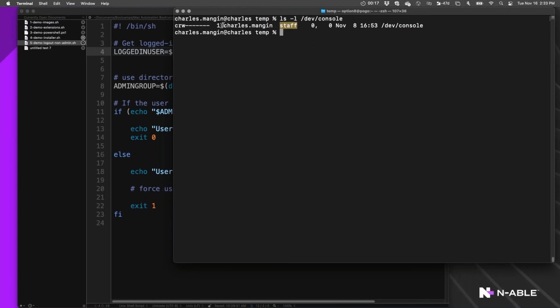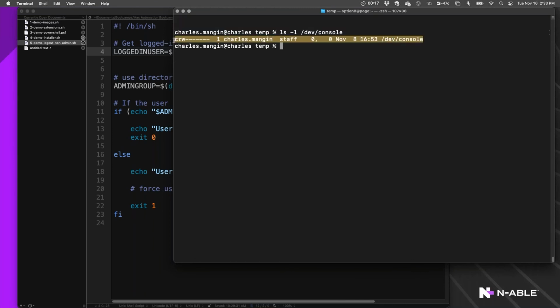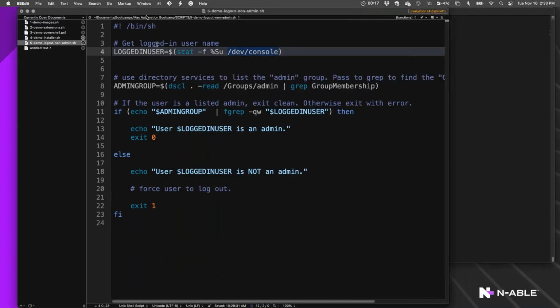So this set of information about this file, which is sort of a virtual file, can tell me that this user that's in this group has been logged into the machine since this date, which is handy, which means we can also script it.